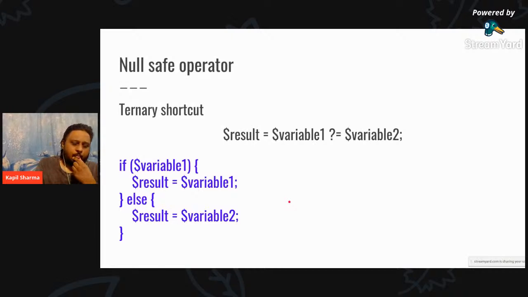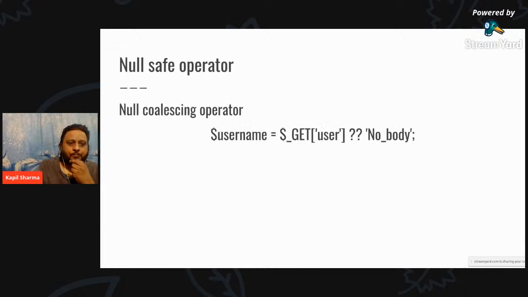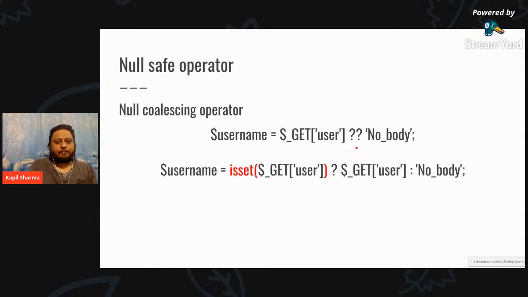There was a small problem. Then in PHP 7, I forget the minor version, the null coalescing operator was introduced. It's a double question mark. There are quite a few people who are confused by that. So what it says is that